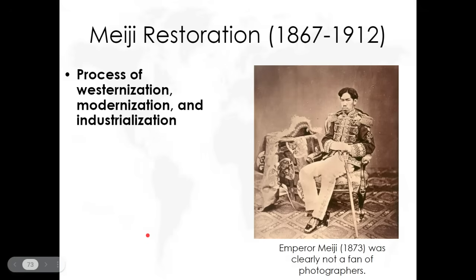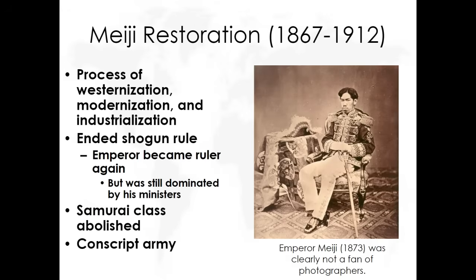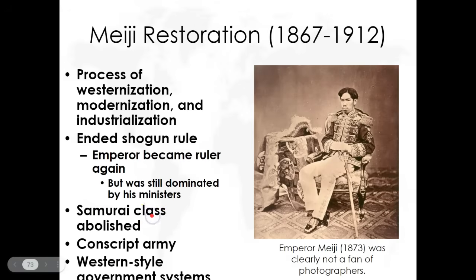Then we now have a new emperor. So you got to know Emperor Meiji. And if you see Emperor Meiji, the first 3 words that come into your brain should be: Meiji westernizes, modernizes, and industrializes Japan. That is the vast majority of questions they ask about Meiji. So if you can get those 3 down, you're good.